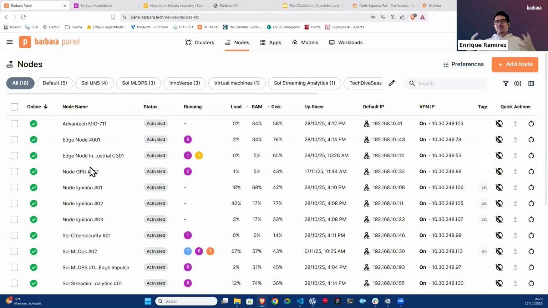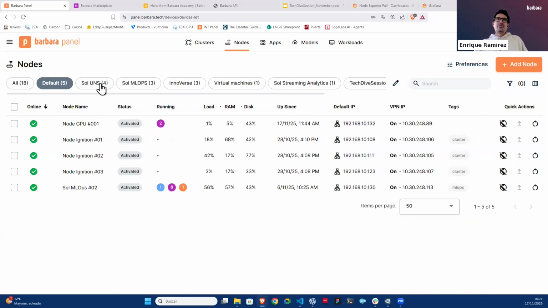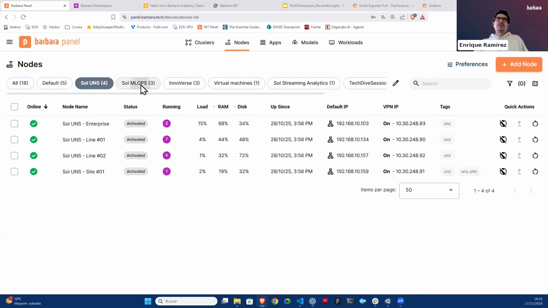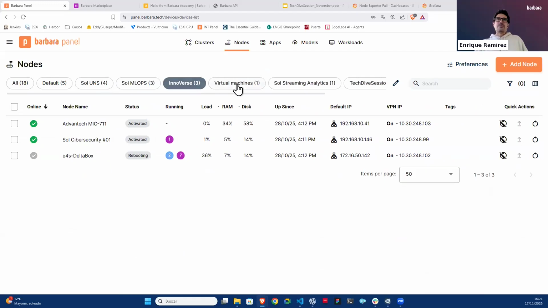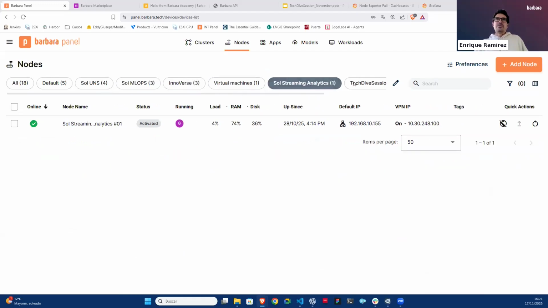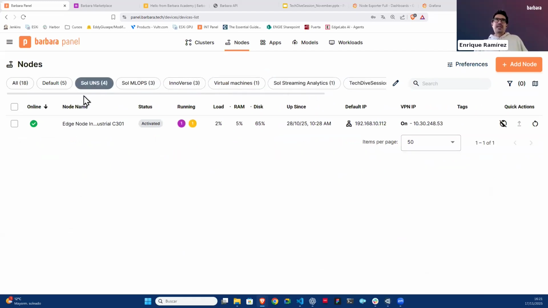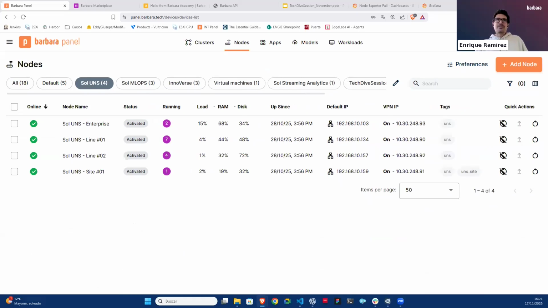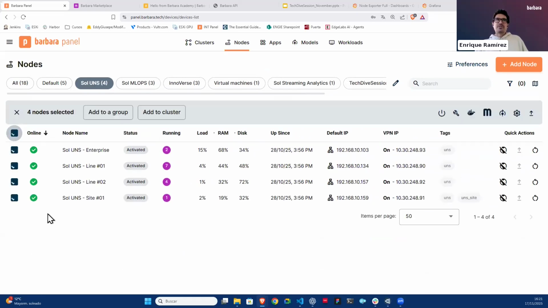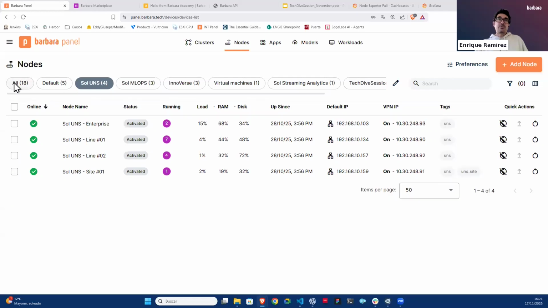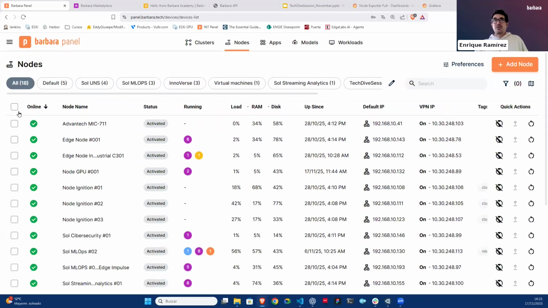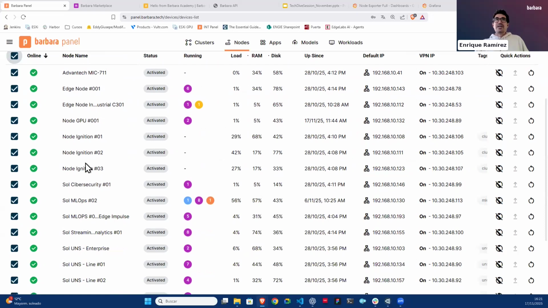This is a normal way of doing that. We can create groups, as you can see here. We have several groups containing different equipment, so we can use this group to select only some devices and then command these devices in parallel. But we can do the same with all my devices, so I can select all my devices, and when I have